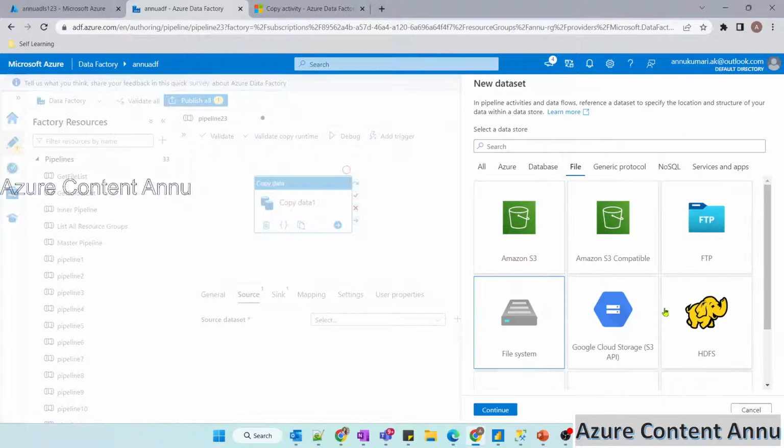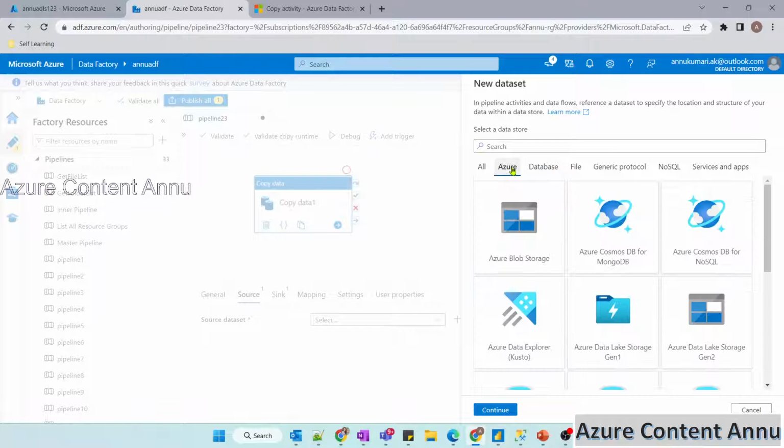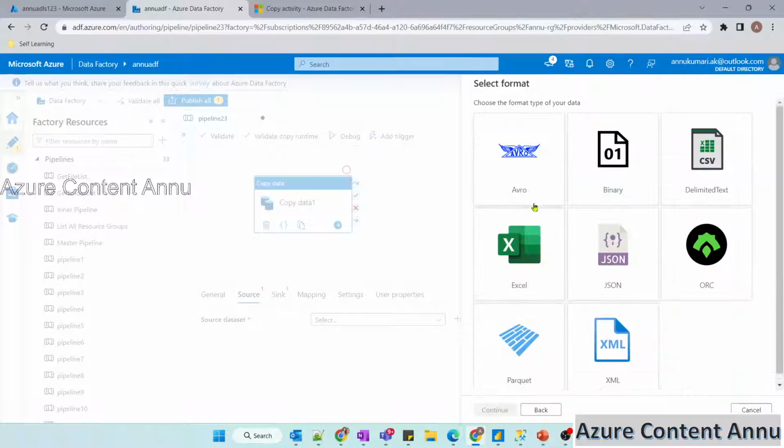Okay, so apart from these file systems, in Azure Cloud also we have blob storage and Gen2, where you can store the file, okay, in the same supported file formats. So we can also copy the data from one file format to another file format in the same data store as well. So for example, if I want to copy the data within ADLS, that is Azure Data Lake Storage, from CSV format to JSON format, then I can do that easily using copy data activity.